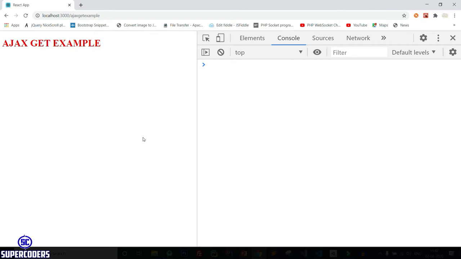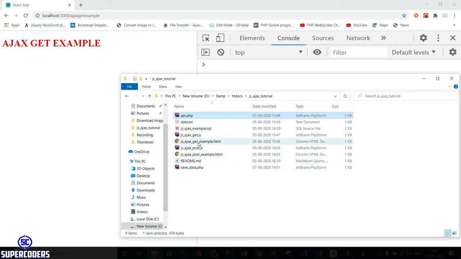Now let's do our Ajax coding. First you need an API, so you can access the API and show the API data in Ajax. Now let's read data from the API. So in a previous tutorial of JavaScript, I created two PHP files, one for a post example and one for a get example. So let's see the PHP files again. Opening my PHP file code. So you can see these are the two PHP files.